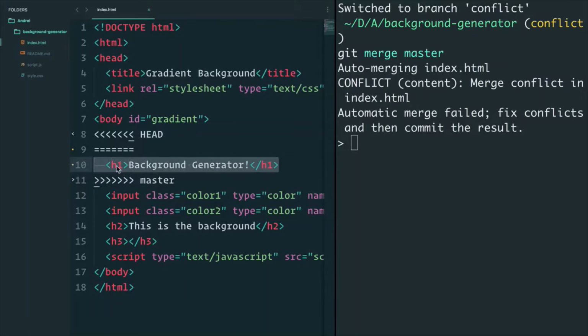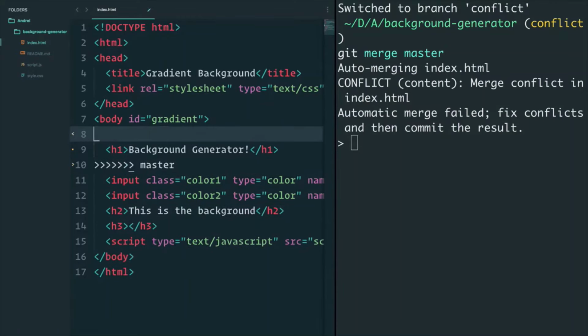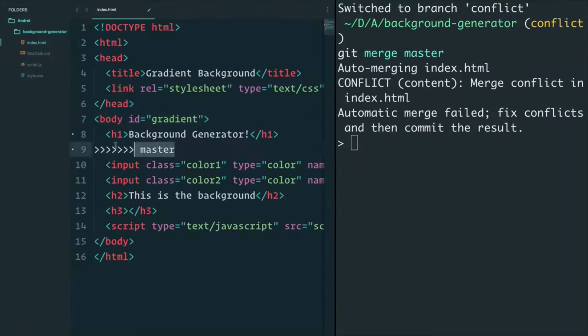Now I can talk to Marcy and say, hey, Marcy, do you want to keep the background generator title? And she'll say, yes, that was the right thing to do. Don't change the background. Well, in that case, I just remove these lines and remove this